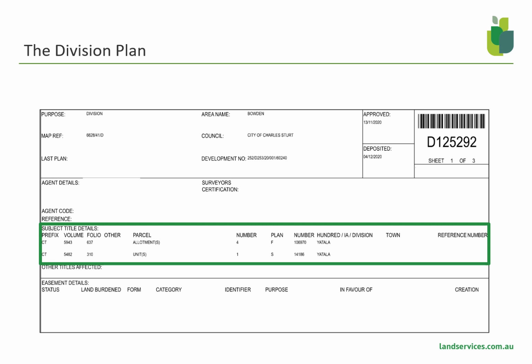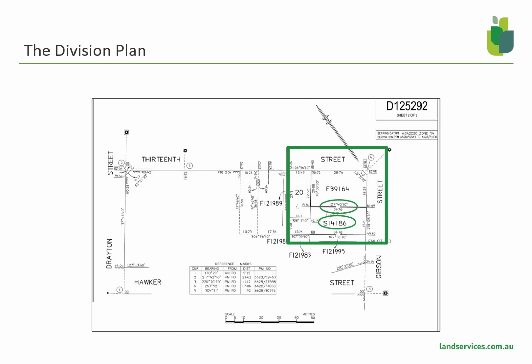The division plan looks exactly like the community plan divisions, but this time we are dealing with units and common property, and the unit affected is shown in the subject title details. The diagram sheet is drafted like the others, with the full extent of the BBL shown with a break in the line of one of the boundaries. The S14186 is shown more like an abuttal, and the background data is shown.